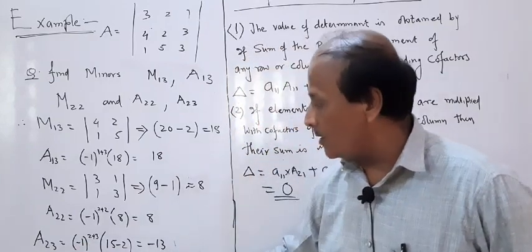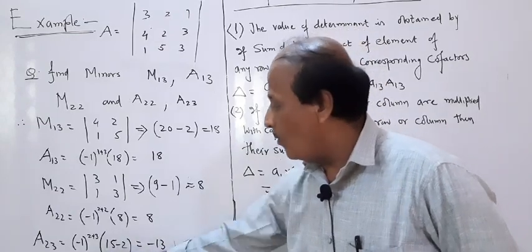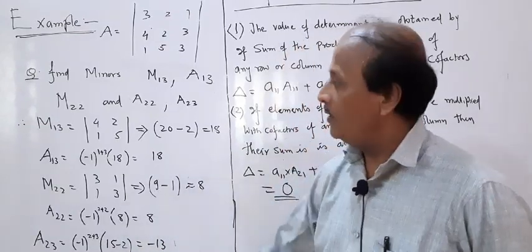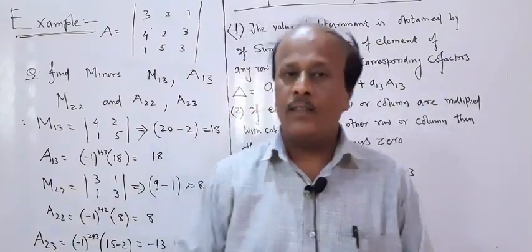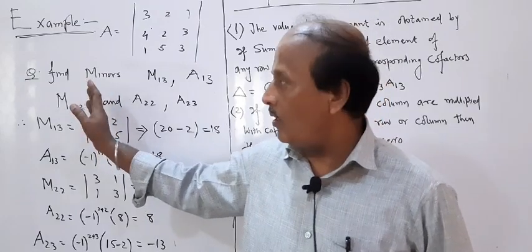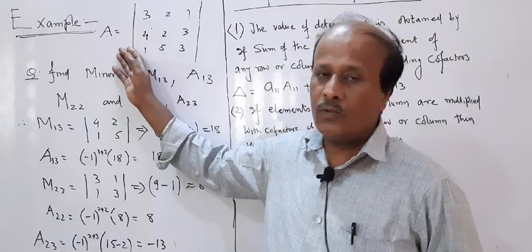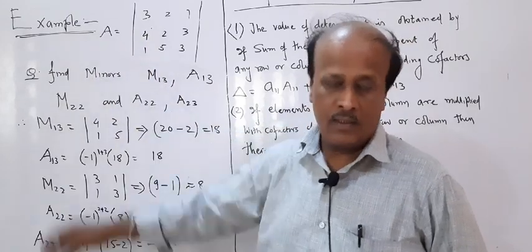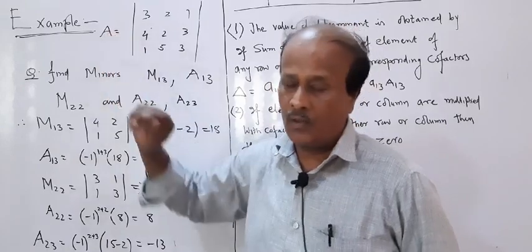So in this case the minor will be no doubt 13, but the cofactor will be minus 30. So these are the examples. In exercise 4.4 we have many questions. You solve them, simple questions you can solve. If it is of order 2 cross 2, you can get it within a single line only. So purposefully I took an example of order 3 cross 3.